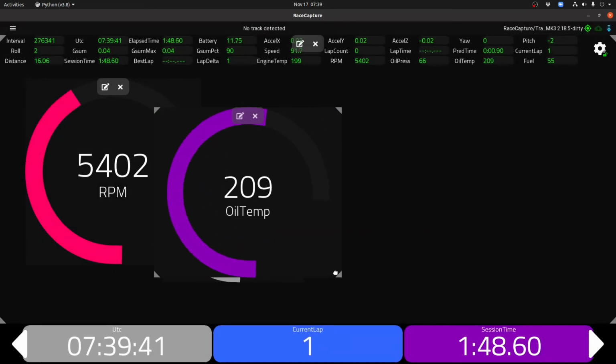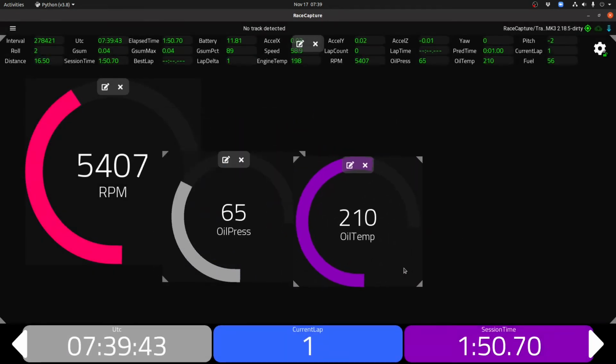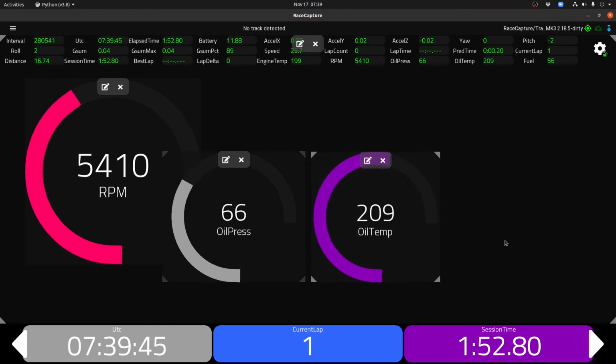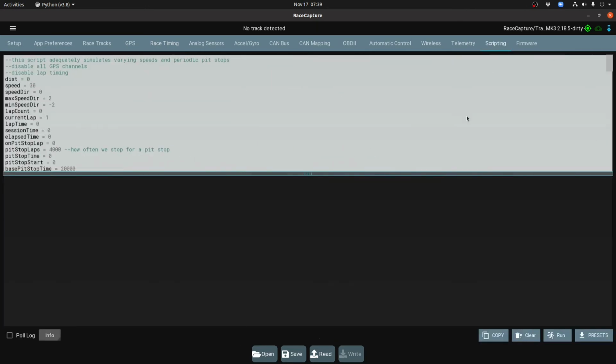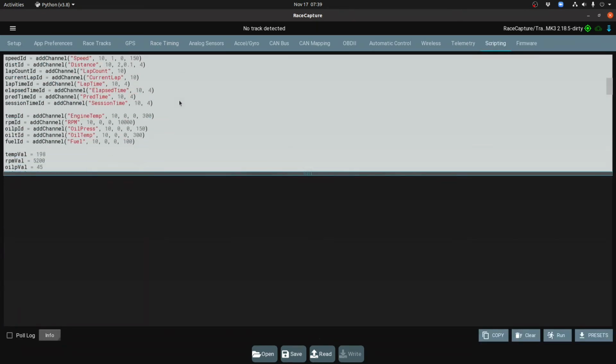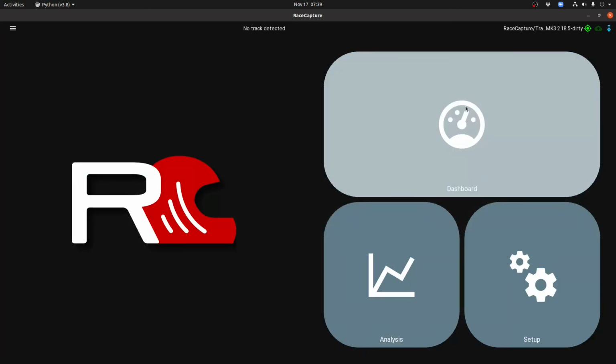Of course, you can go into the script and change those gauges to whatever you'd like. Go back into scripting, and then you can change that to engine temp, RPM, oil pressure. You could change this to throttle position, perhaps. You'll have to change the min-max values. Look at our wiki for the reference for these add channel functions,